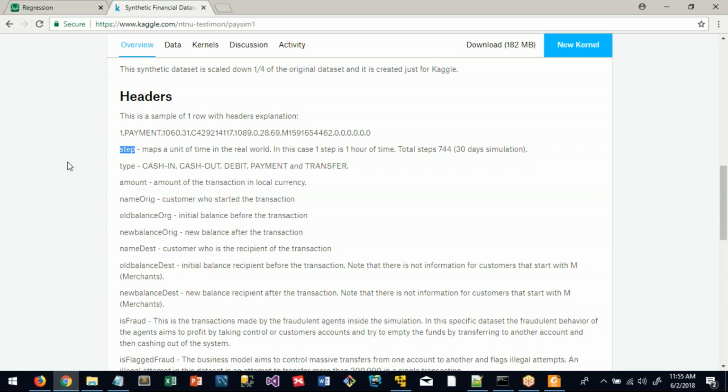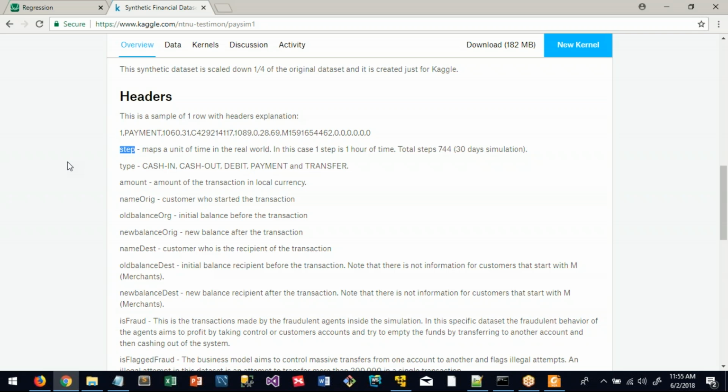So this whole data set ranges from 1st January 2018 to 30th January 2018. And the step value of 4 means that it is the 4th hour on 1st of Jan 2018, as the new year began after 31st of December last year. Between 3 a.m. to 4 a.m., all of the transactions which were happening over there,